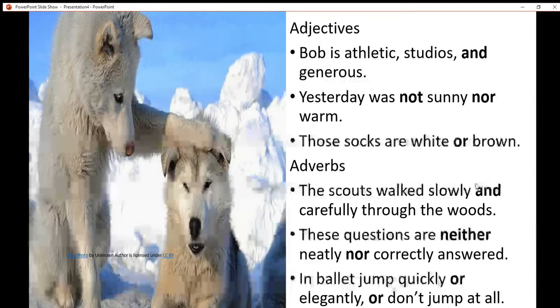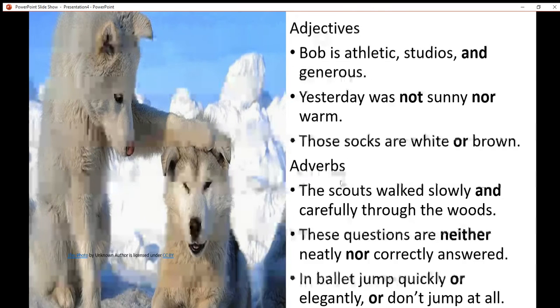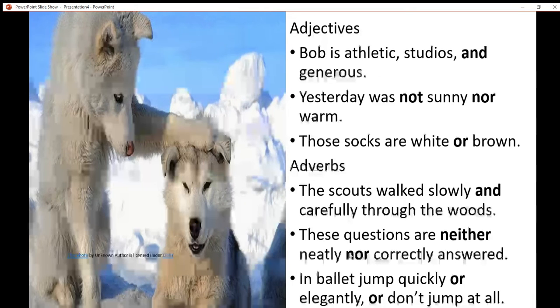And by using the conjunction "and," it helps us not repeat it over and over again. "And" is telling us, separating, that the scouts walked slowly and carefully through the woods. These questions are neither neatly nor correctly answered. Also, this is a negative question because it's saying that these questions were not neat or they were not correctly